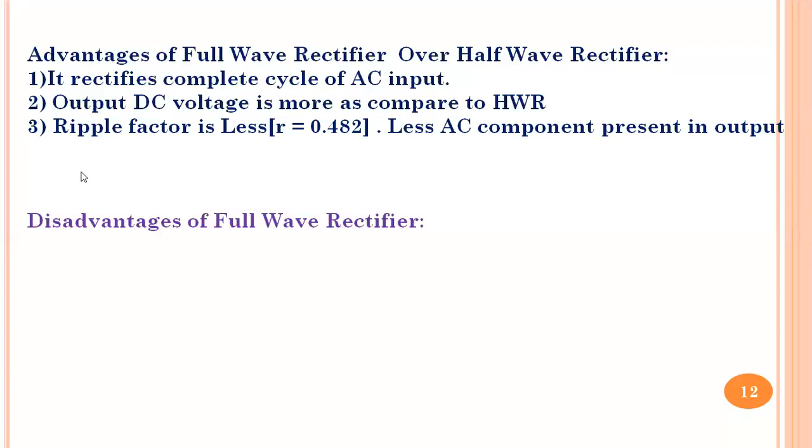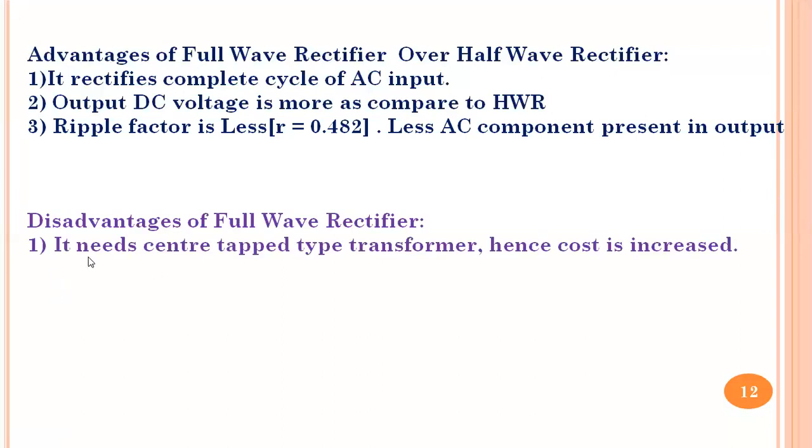At the same time, there are a couple of drawbacks of the half wave rectifier, sorry, full wave rectifier. First one is what? It needs a center tap type of transformer for its construction, without which we cannot construct the full wave rectifier circuit. And tapping the secondary coil at the center and attaching one more terminal is a time consuming process in the fabrication of a transformer. Therefore, the cost of the transformer increases excessively. Therefore, the cost of the circuit will also increase.